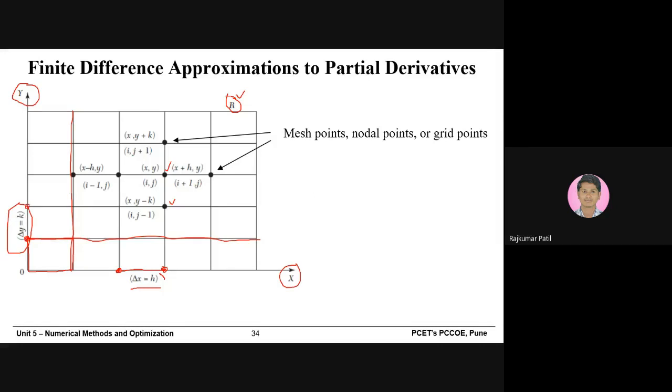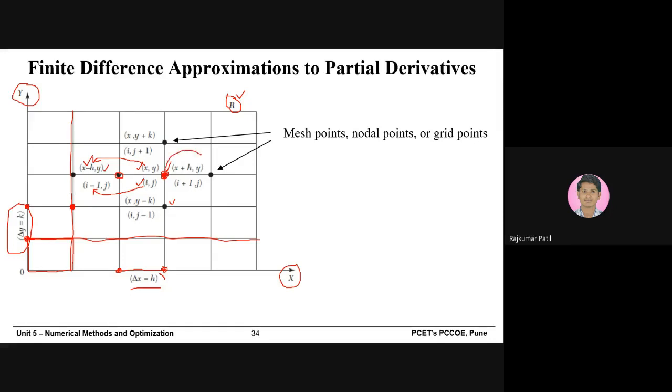So this is how the structure is denoted, and the nodes are generally calculated for their coordinates. For example, if you select this node or mesh point, then its coordinates are x, y or i, j. If you want to calculate other nodes, then you can see the previous node has coordinates x minus h. As this is the previous point along the x-axis, it is x minus h, y or i minus 1, j, as you can see here.